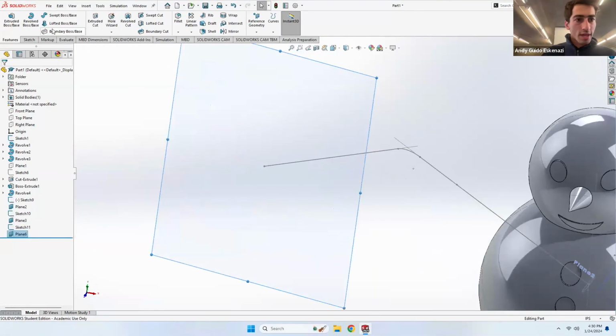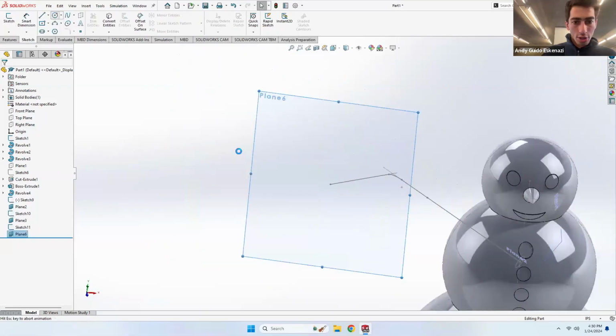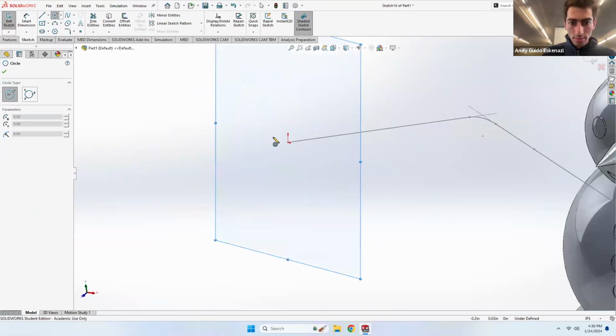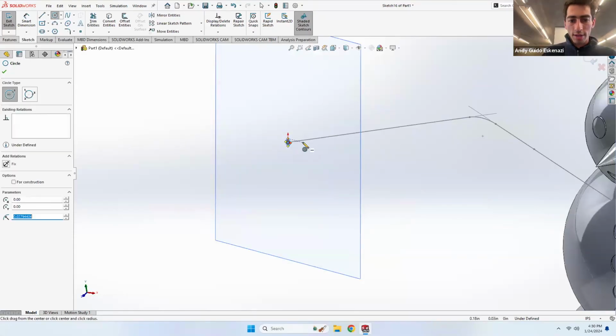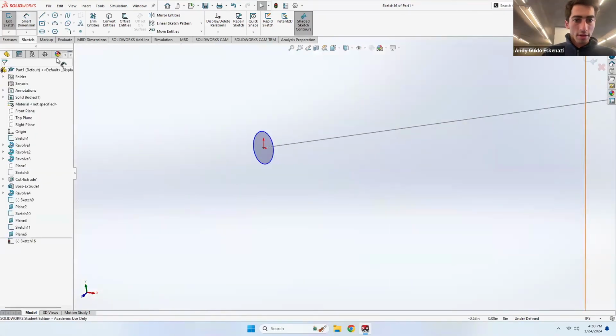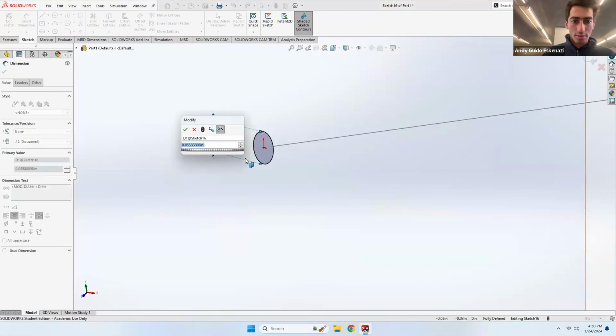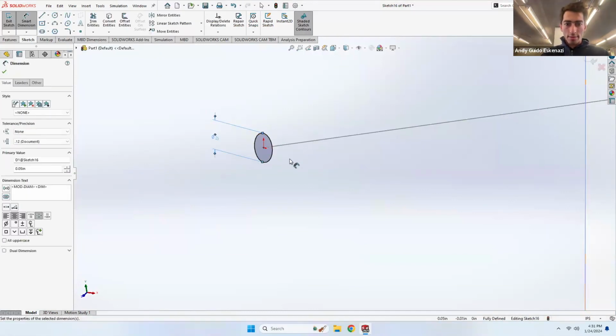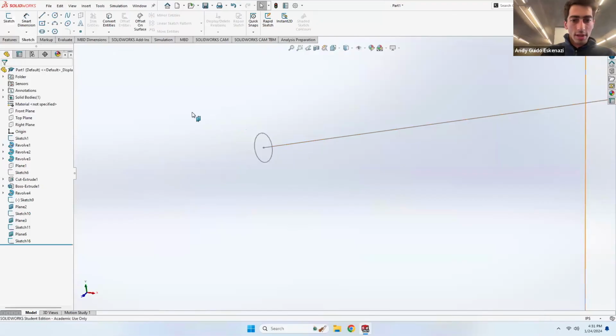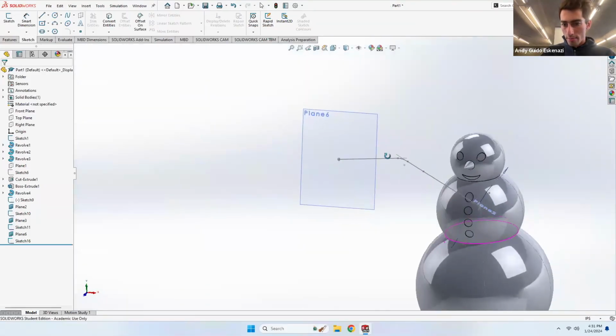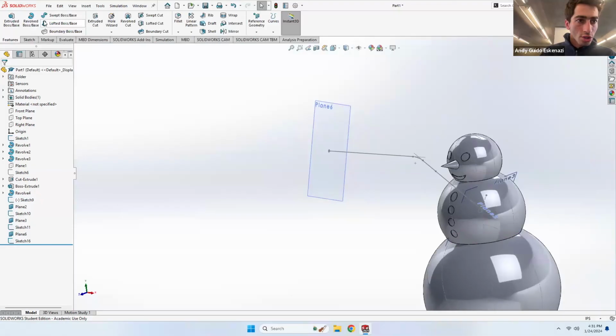So now I can do a little circle. I don't remember how big I did the other one, right? But say I want it like this big, right? So smart dimension, 0.05,